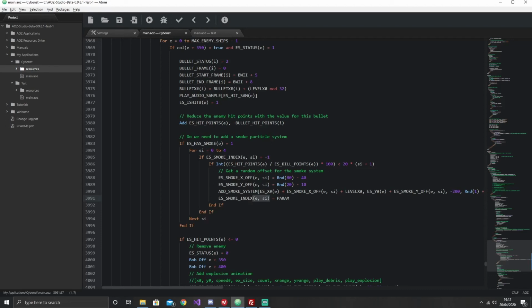So quickly to go through this, it's the same technique. Enemy ship has smoke. If it has, I'm checking, for each of the available smoke indexes there, I'm looping through those just to check if there's any that's a -1, meaning that we can put one on there, and once it's found one that's free, we then check